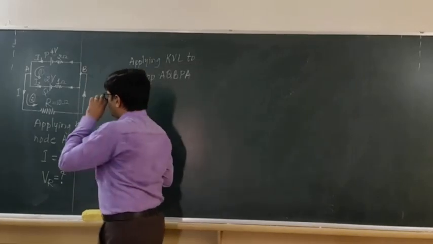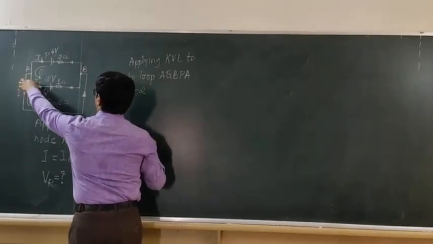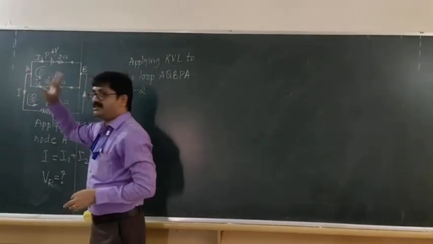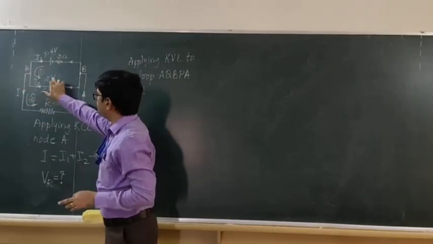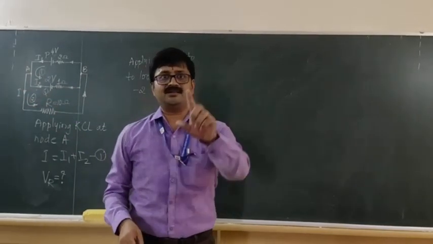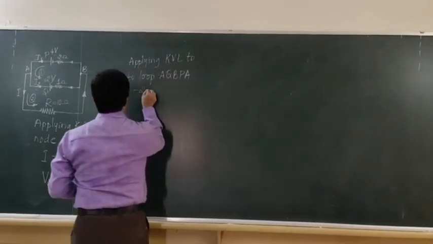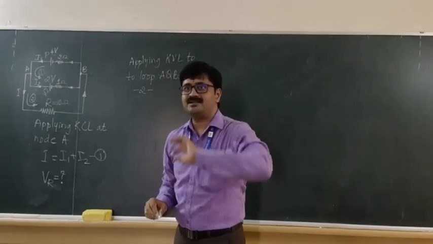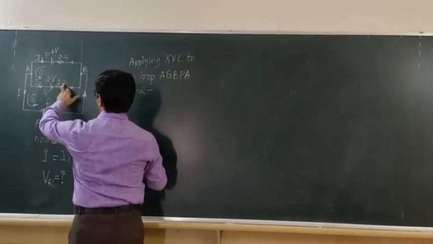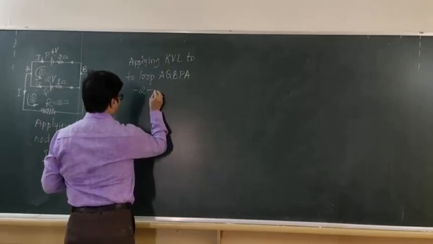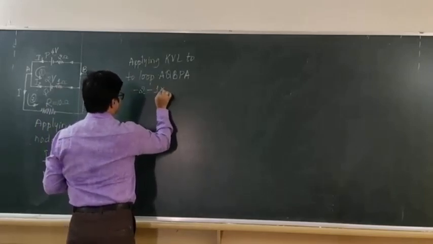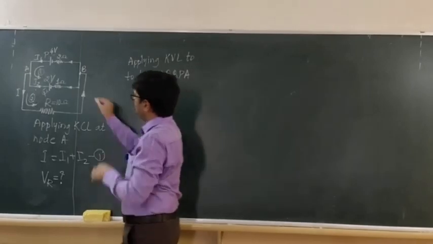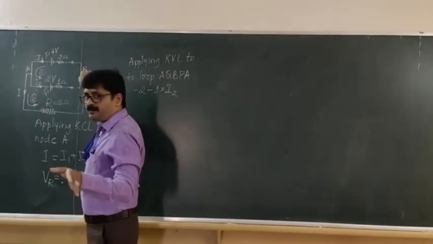Okay, fine. So again, direction of traverse is from A to B, but direction of current is from B to A. Hence, potential difference across 1 ohm resistance should be taken as negative. So, again I will make you recall potential difference is product of current and resistance. Current is I2 here, resistance is 1 ohm. So hence I will write this as minus of 1 into I2.